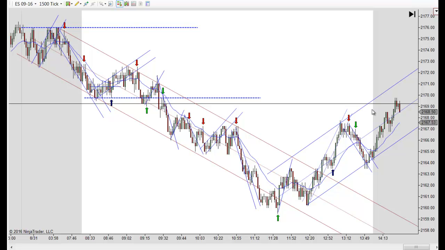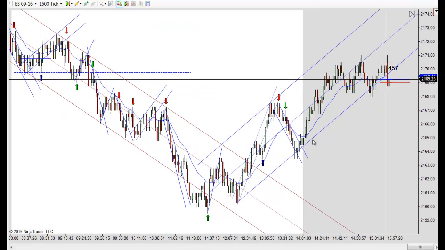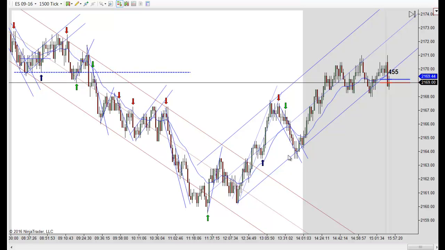I really do. And even though it continued to work higher, this would have been a good setup right here. And this is right at the fringe. I'd be okay if anybody took that trade because it confirmed the first two swings give you the trend line, and then this third one confirmed it. And look how it took off.